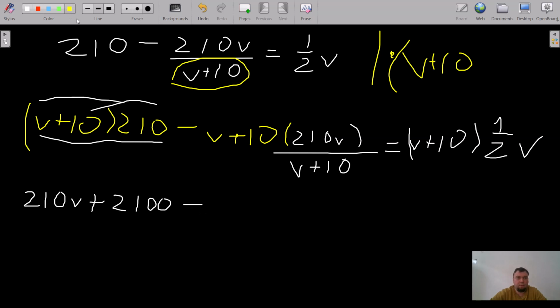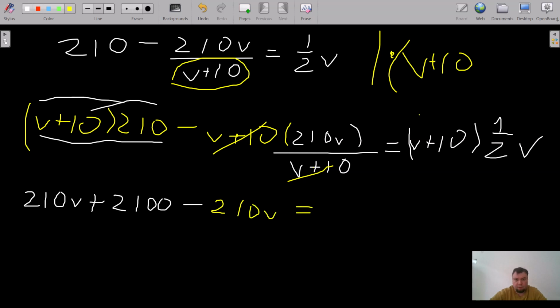minus, and here we're going to simplify this. We will remove, they will be reduced, right, eliminated, because we can divide them by each other. Okay, so 210V plus 2100 equals, minus 210V